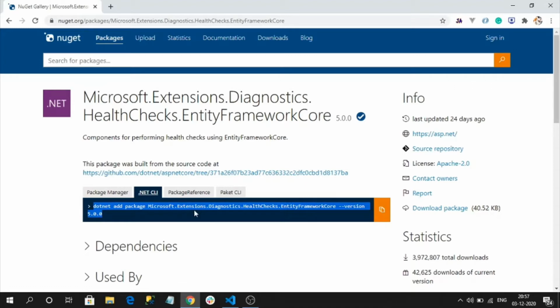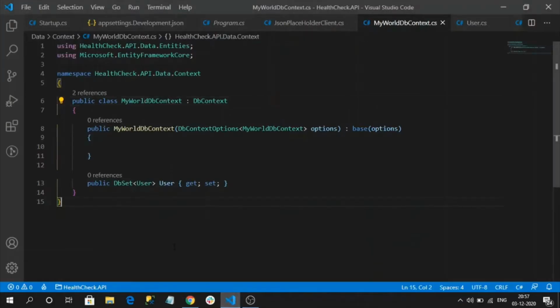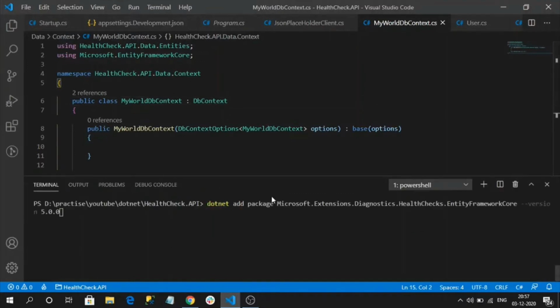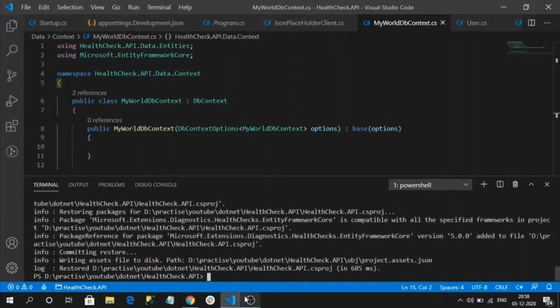Here I am using the .NET CLI command, so I am copying this command. If you are using Visual Studio, copy the package manager command. Let me copy this command and install this library. It will get installed. So the library has been installed.